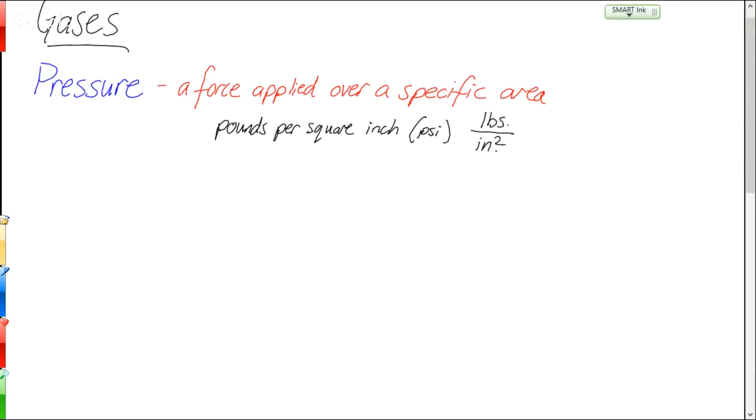So the pressure is the force and the area. With gases, we'd say that the pressure comes from the gas molecules colliding with the sides of the container. So pressure in gases